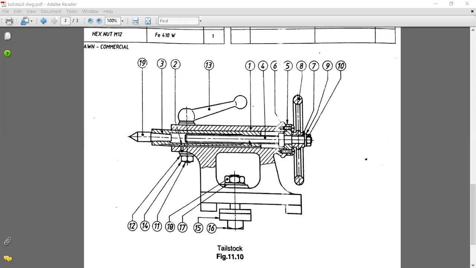Then on this screw spindle we have to mount the hand wheel. Then we put a washer, that is a standard washer, then lock it using a nut. Then here at the center we have a clamping plate. There is a nut and bolt arrangement, and one clamping plate will be there.